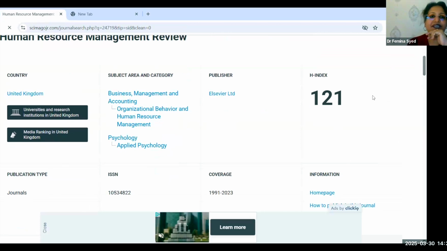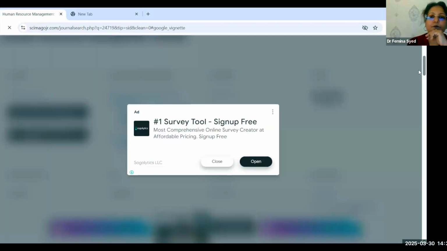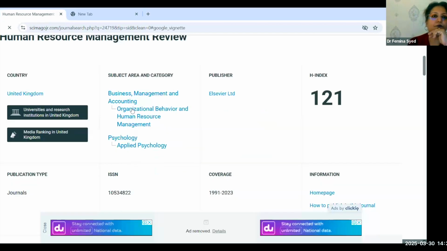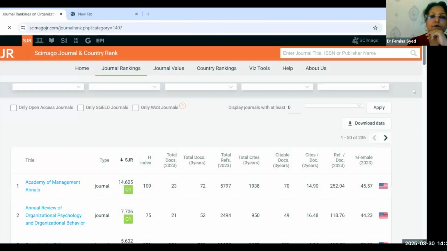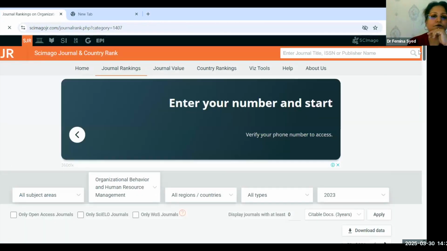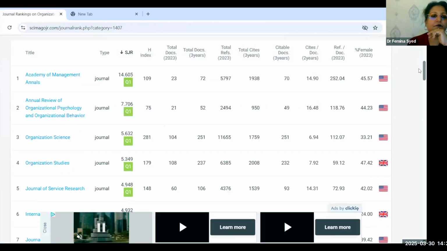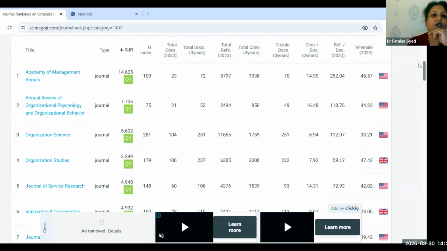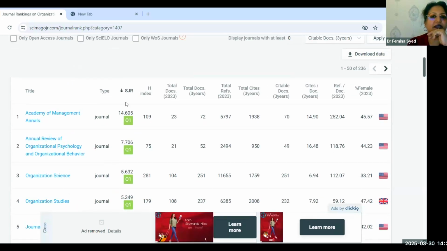It is SJR ranked. Here you can see the SJR ranking, Q1, 14.605. You can even download the data.